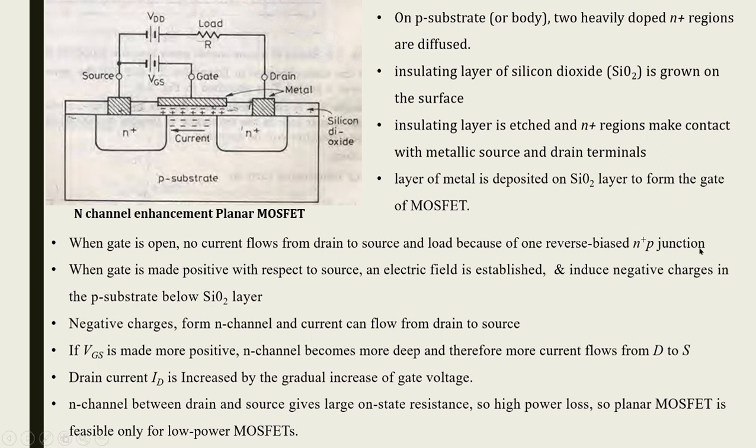So here the N channel between drain and source gives large on state resistance, so high power loss. So planar MOSFET is feasible only for low power MOSFET. Correct. It can be used only for low power MOSFET, because here as the gate source voltage increases, the on state resistance will be high, so the power loss will be high. So this is a planar MOSFET, feasible only for low power applications. Okay,